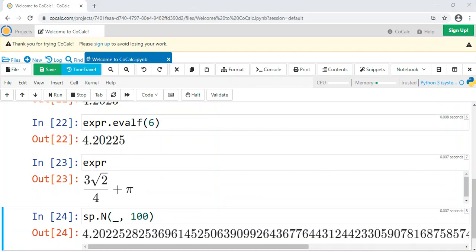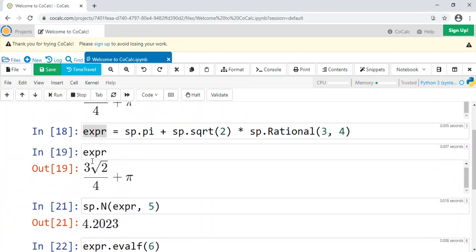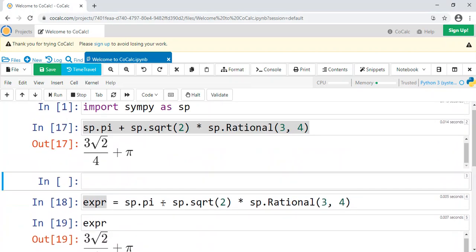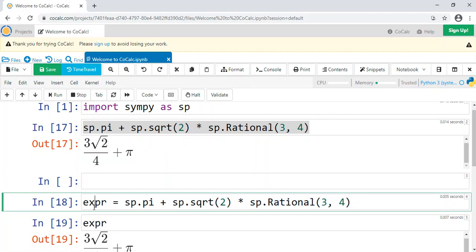Okay. So that's symbolic computation in a nutshell, but SymPy is even more powerful because we can define and use our own symbols. What in mathematics would normally be called variables, like x plus 1 equals 3, and you would say solve for x is a variable. But remember, in Python, the word variable already has a meaning. It's these things like expr, where you're storing data, okay? So where you're storing this data inside this variable. So you can't really call it a variable.